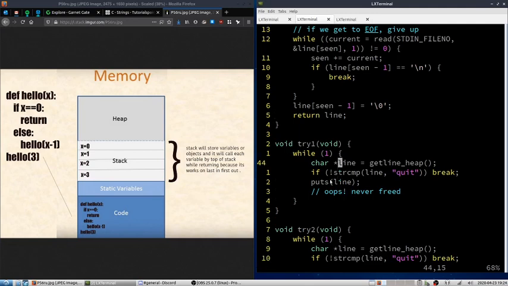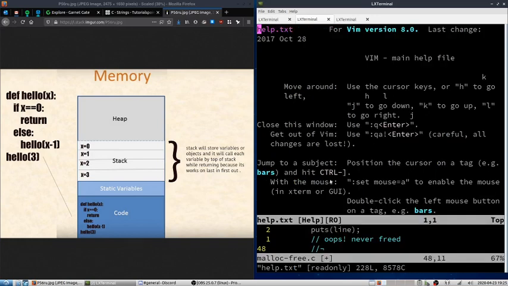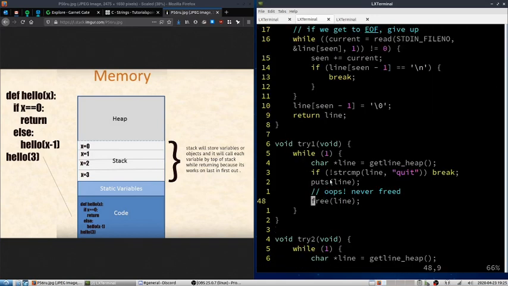There's nothing here that's a bug. It's what's missing that's a bug. What you need is a free line. If you don't have this line right here, whoops, sorry, then the memory that you allocated for line will never